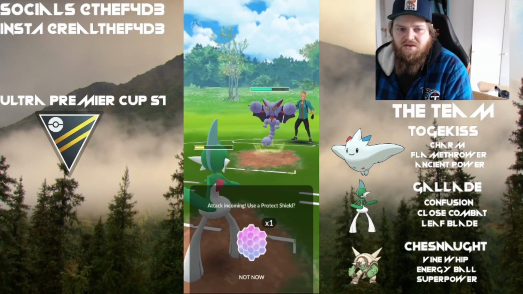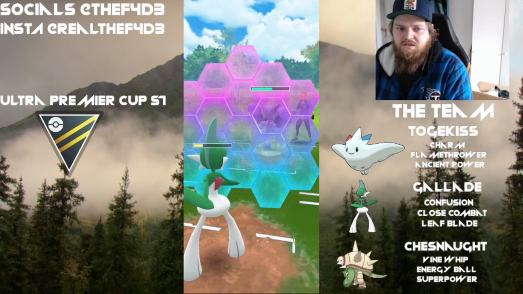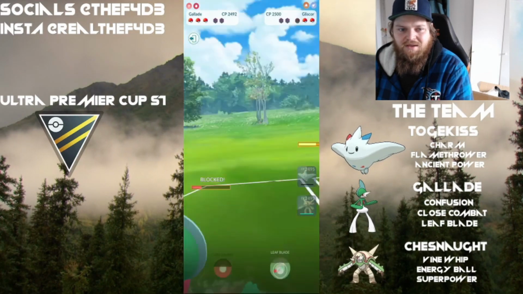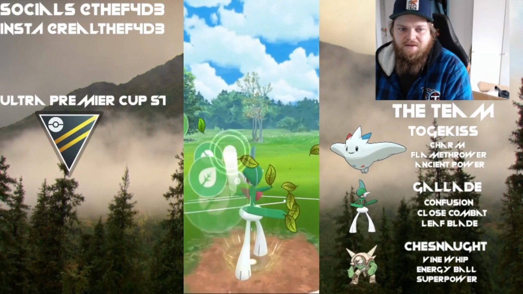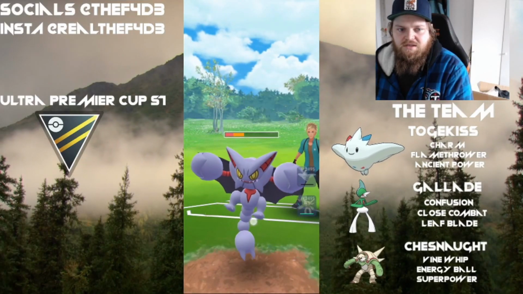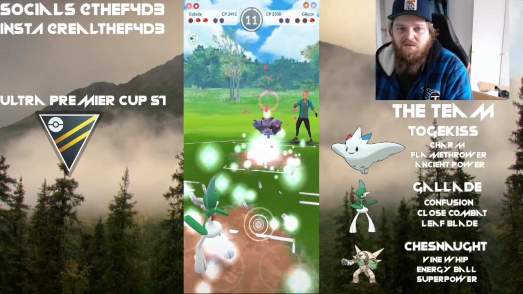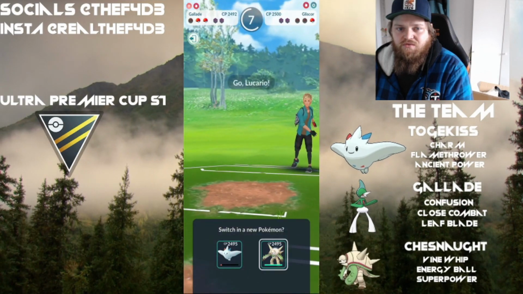As you can see, there's another Night Slash coming, so we'll have to use that shield here. Because the Night Slash at that point would end the night for Gallade, and we don't want that to happen. So we're going to throw out that Leaf Blade here, and this will be doing super effective damage against the Gliscor because of that ground typing. As you can see, it does a good chunk of damage. It's not really super effective. I forgot about the neutral of the